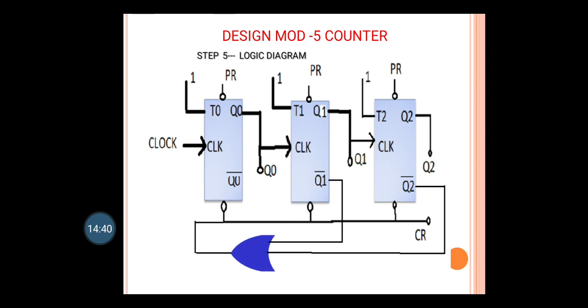The slight change you are going to make is using the K-map. Now using the K-map you know that it is Q2 bar plus Q1 bar. That means Q1 bar is ORed with Q2 bar. That circuit you have to draw in your logic diagram. So your OR gate is drawn. Q1 bar is connected to the OR gate, Q2 bar is connected to the OR gate, and the output of the OR gate you have to connect to the clear terminal. That's it. So that is the design of the modified counter.